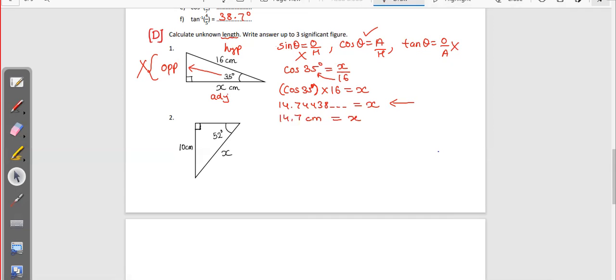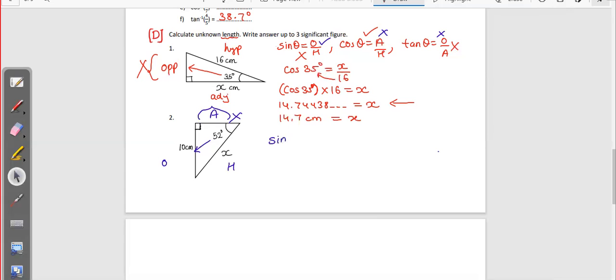Okay, let me use the blue color now to solve question number 2. Again, we have to solve in a similar way. For 52 degrees, the opposite side is this, the adjacent side is this, the hypotenuse is this one. The adjacent side is not given to us, so we neglect this side and use the formula which contains opposite and hypotenuse. So we will take sine theta. We will not take cos and tan because these two formulas have the adjacent side in them. So we will use only sine.